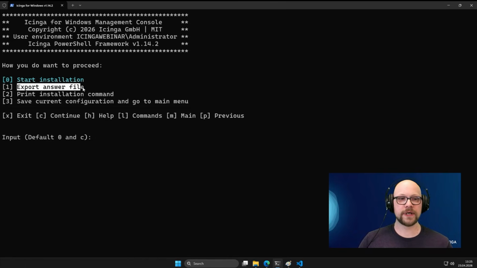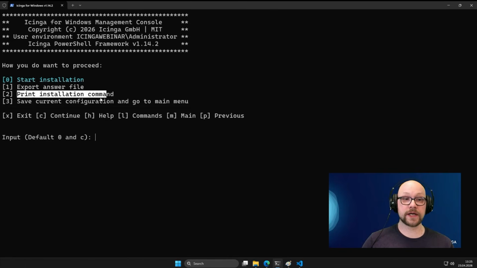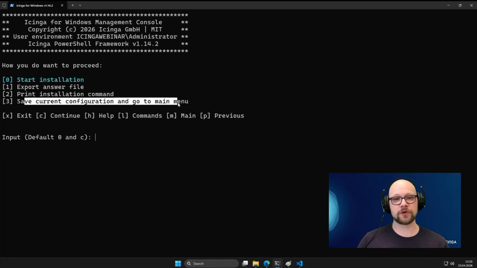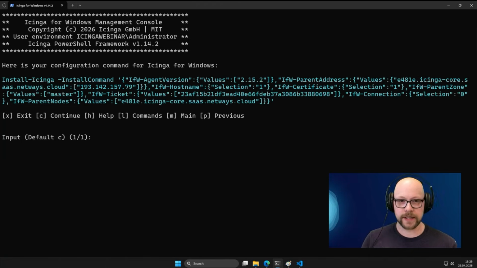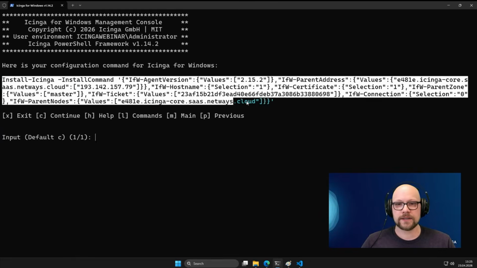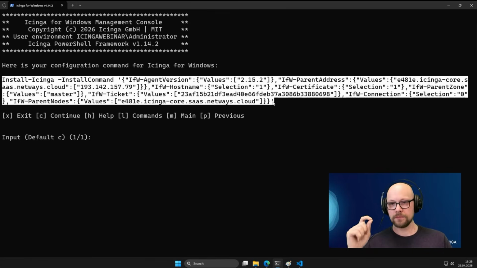I can export the answer file, or I can print the installation command, for example, or simply save the configuration and return to the menu. So if I go with 2 now, print installation command, we get this output, which is a simple JSON. I can copy this entire command and use it later on to install Icinga for Windows with the same configuration on my machine,